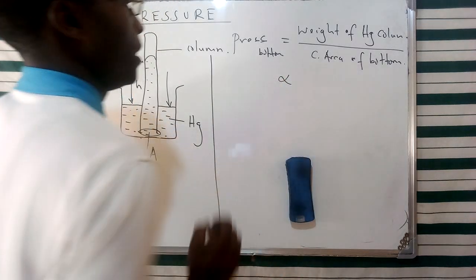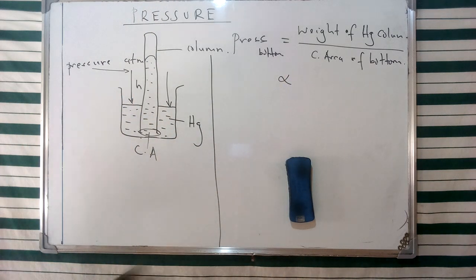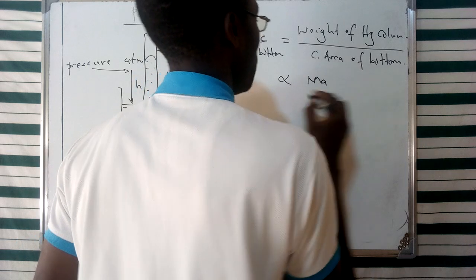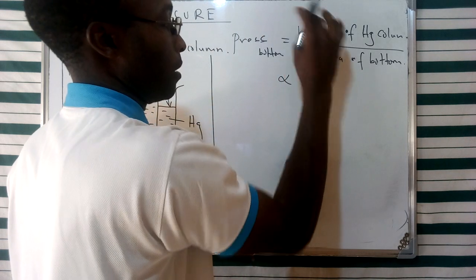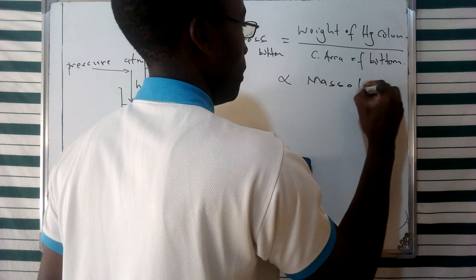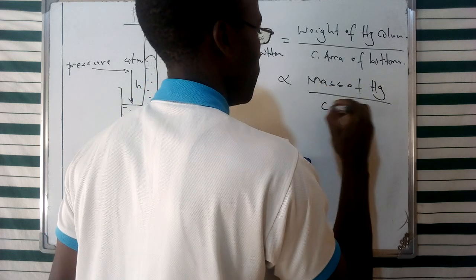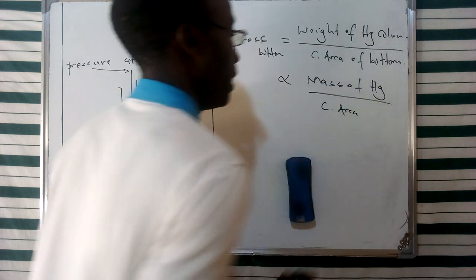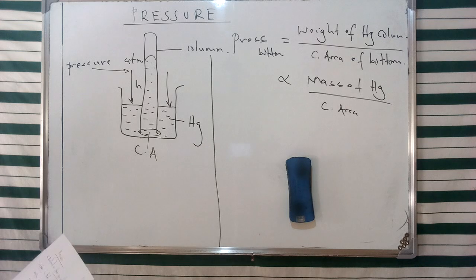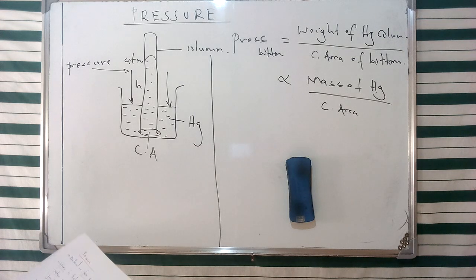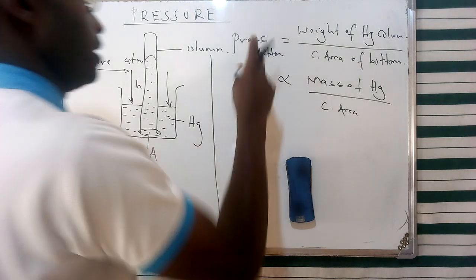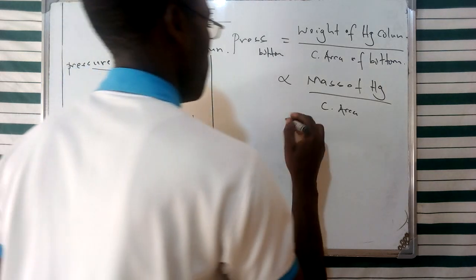see that this one is basically proportional to the mass of the mercury. So the relationship on my right of this specific equation is proportional to the mass of the mercury all over the cross-sectional area at the bottom of this specific column. And therefore we can expand this relationship still for the pressure at the bottom of this column by having this